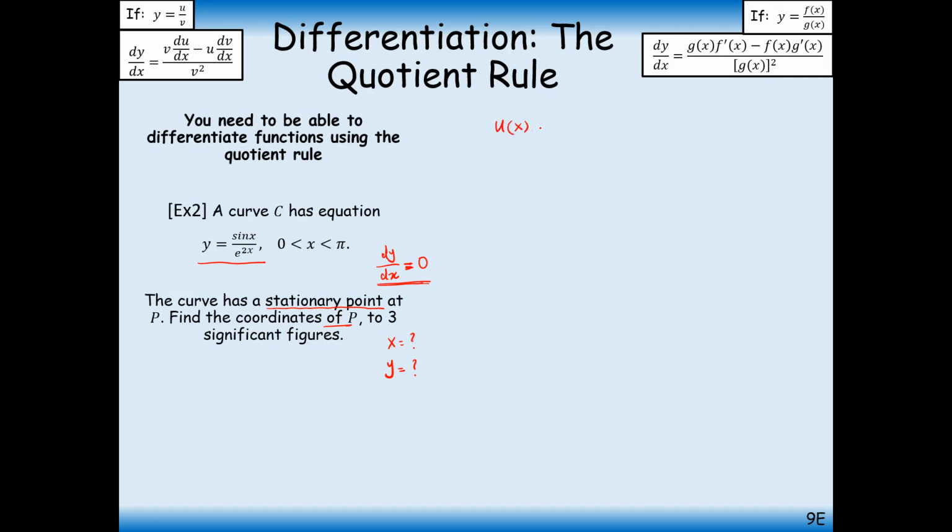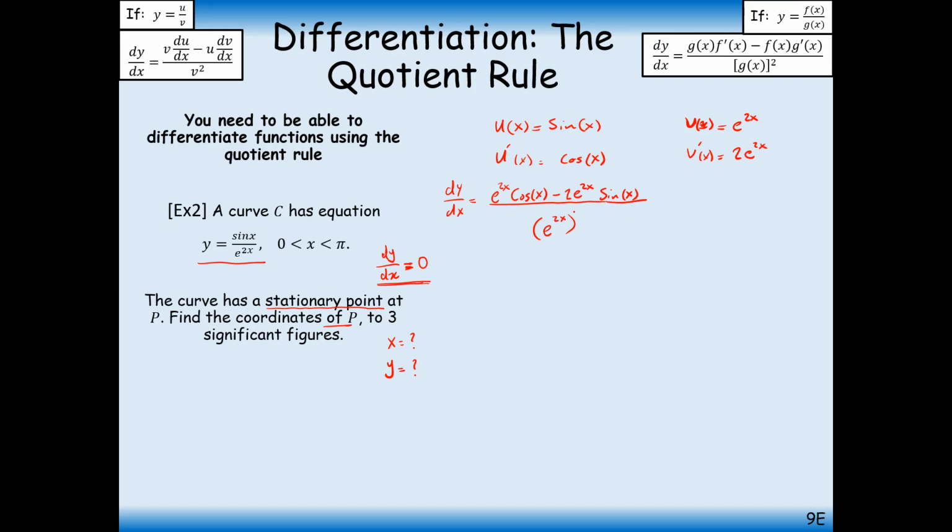So the function on top of the fraction is sine x, and the function in the denominator is e to the power of 2x. So the derivative of sine x is simply cos of x, and the derivative of e to the power of 2x is 2e to the power of 2x. Now the dy by dx will equal e to the power of 2x multiplied by u dash, which is cos of x here. Now we're going to have to subtract v dash of x, which is 2e to the power of 2x, multiplied by sine of x, and in the denominator we'll have e to the power of 2x